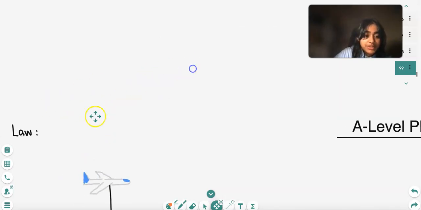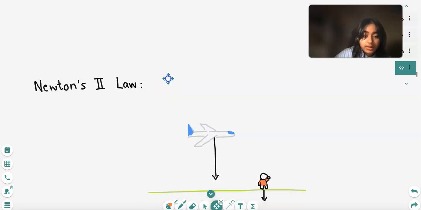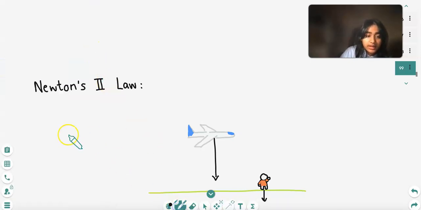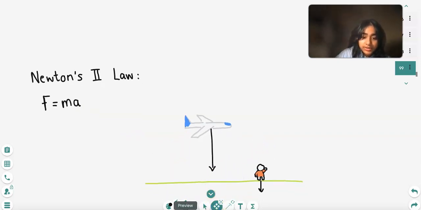So a quick recap from GCSE. You'll have already learned that Newton's second law can be used as a way to describe mathematically the effects of a force, which is given by the equation: the force on an object is equivalent to the object's mass multiplied by its acceleration. You'll also remember that the force of gravity